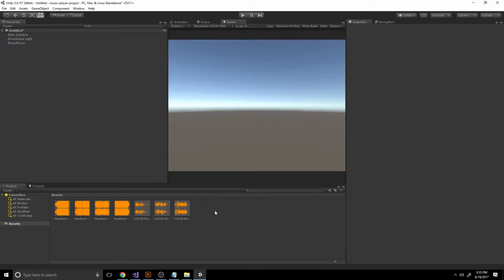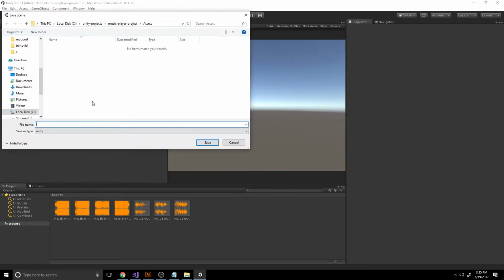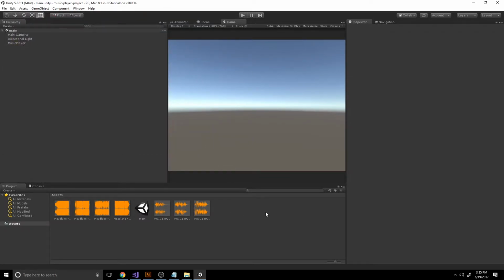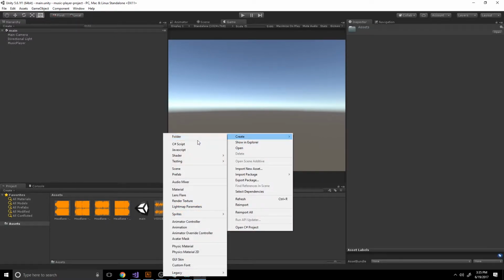Now that that's all done, we can go ahead and save our scene. I'm going to name it main.unity. I just hit Ctrl S to pull up the saving dialog, and I'll just hit save as it defaults to the assets folder. Okay, now I can go in and create our first script here,